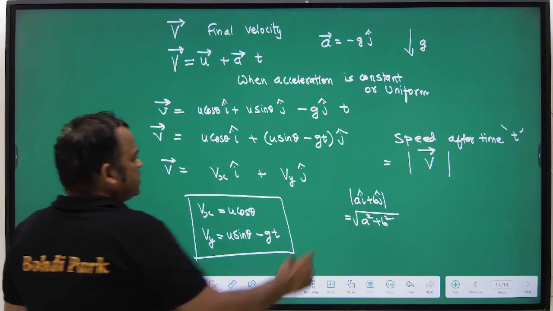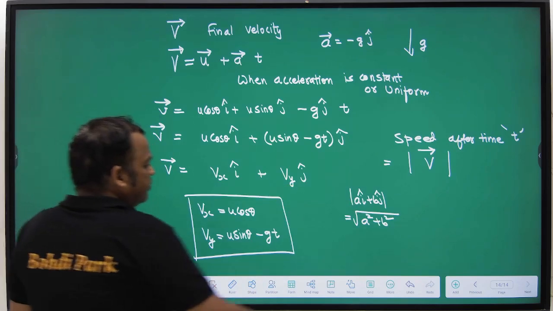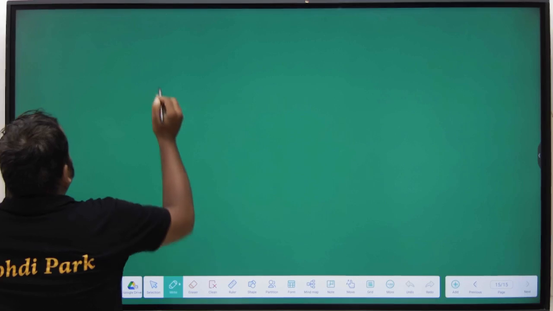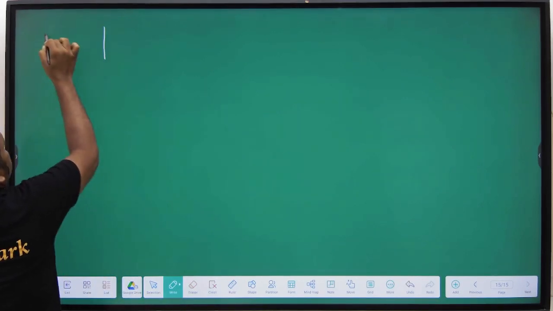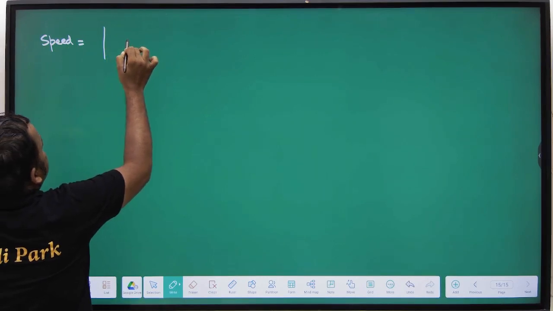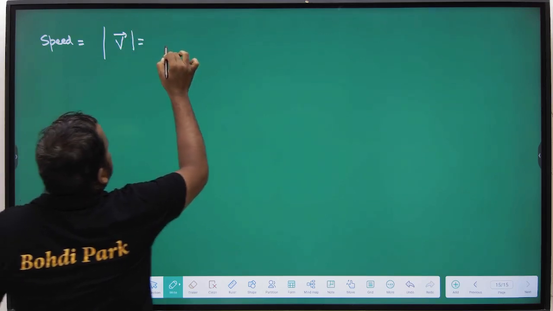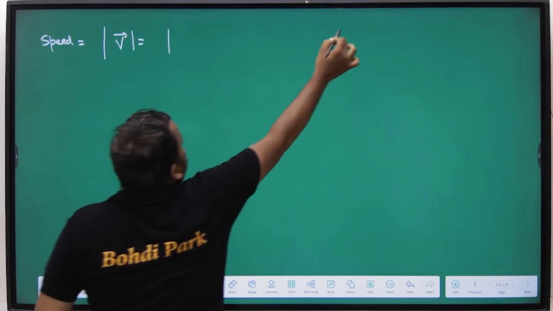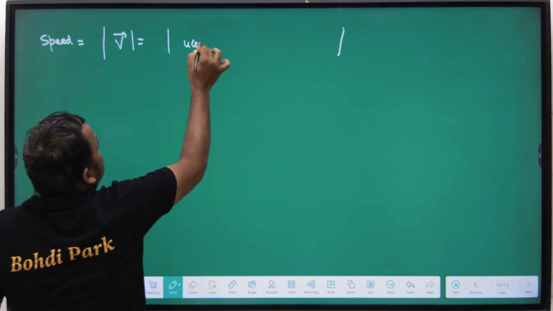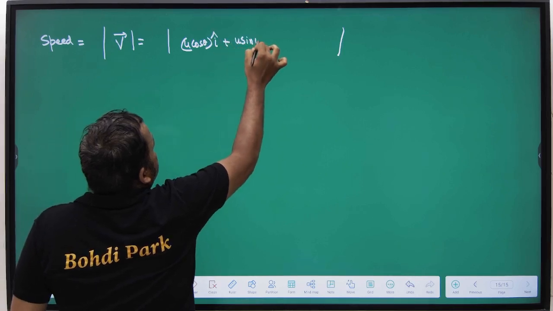So we will use this formula to find the speed after time t. So that will be equal to magnitude of v vector, which is u cos theta i cap plus u sin theta minus gt